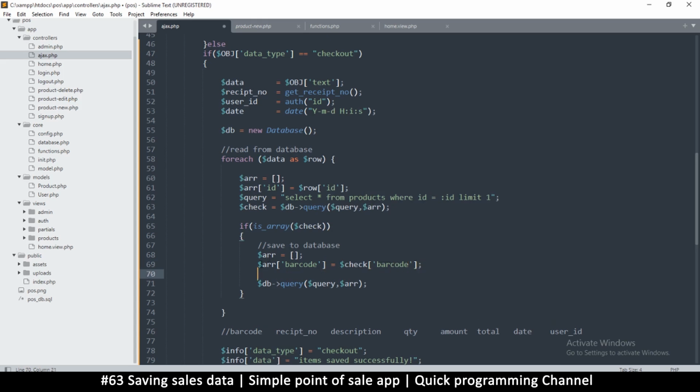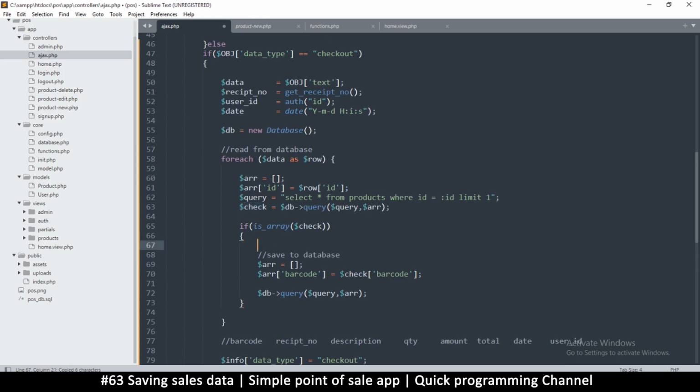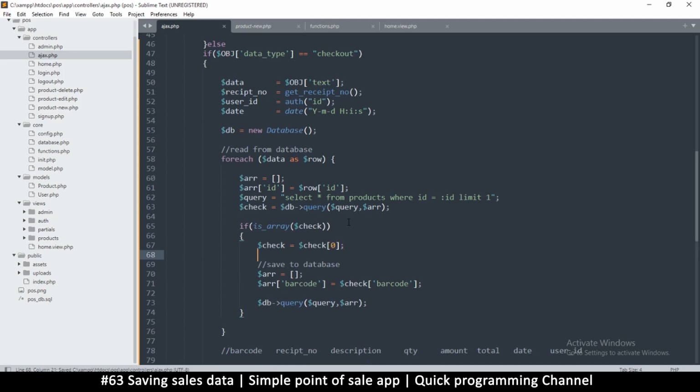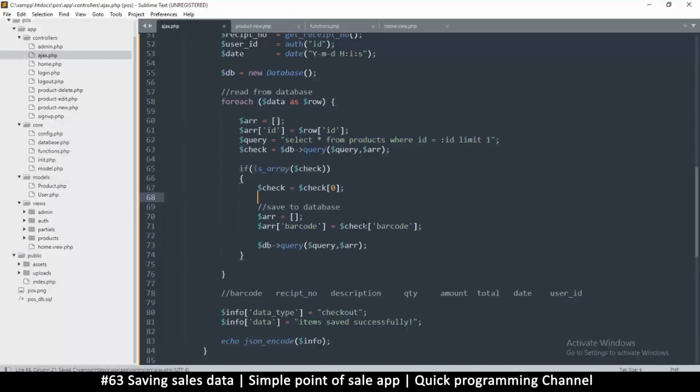Like so. Now, also remember that check is a set of rows, not just one. So what we need to do right here is to say check is equal to check 0, so that we get just the first item. Otherwise, here we would need to add 0 like this to refer to the first item. But now we only replaced the check with just one result. Okay,